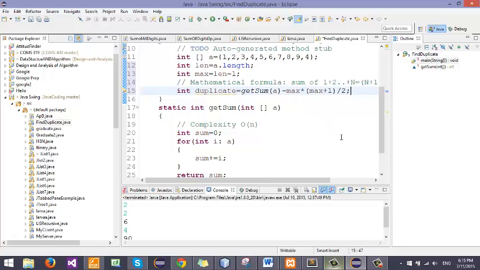That means we are going to subtract the sum of the continuous elements from the sum of total elements. Okay,